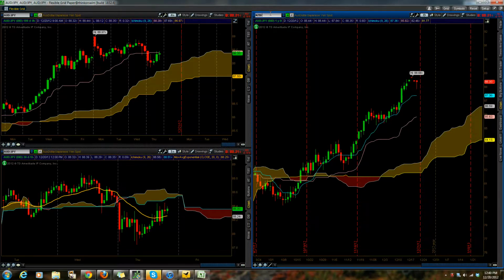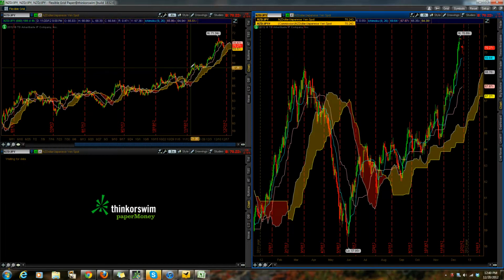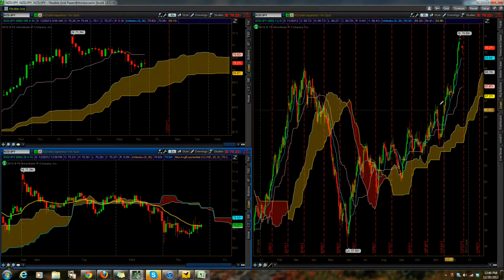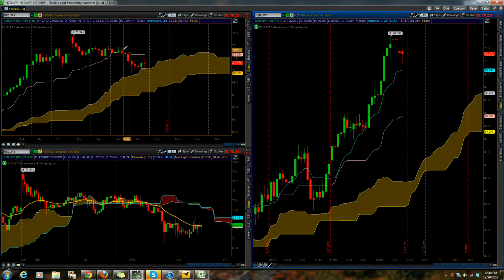Let's go to Kiwi Yen. Last pair. Kiwi Yen, unlike AUD Yen, is actually breaking below. Right now when price broke below the Kijun, it's really been coming under some pressure. However, the thick 4-hour Kumo is providing the pair with some support. So if we continue to see a consolidation, it's going to show me that maybe we're going to get another bull run and perhaps see price cross above